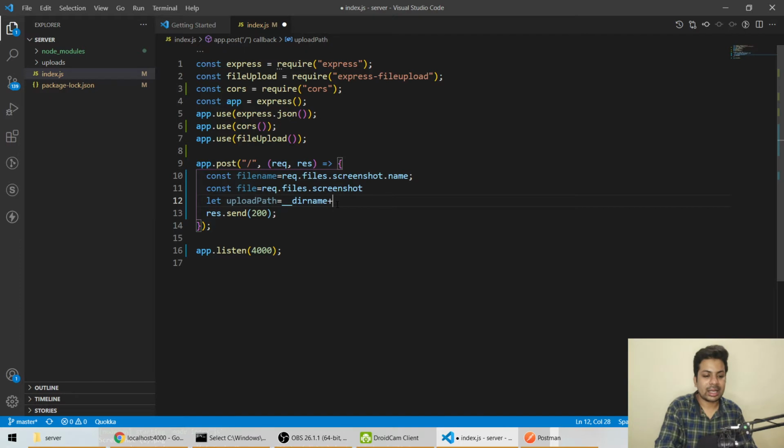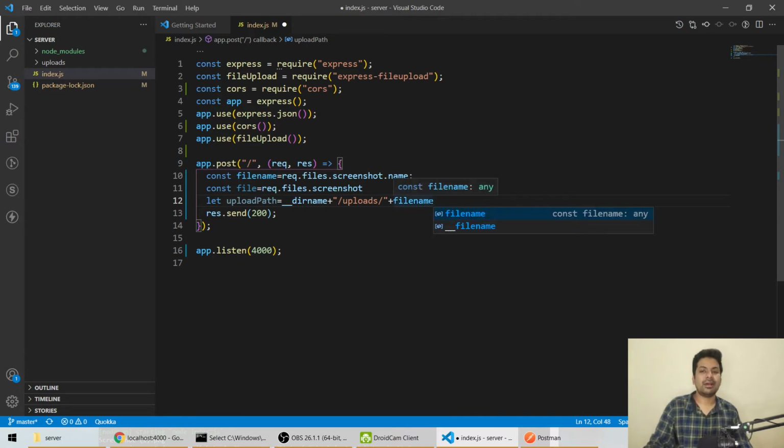Then I have to go inside that. Inside there is an uploads folder, and I have to upload there. So I'll say plus slash, then uploads, then again slash, then plus fileName. This is how we'll send the file to the upload path.